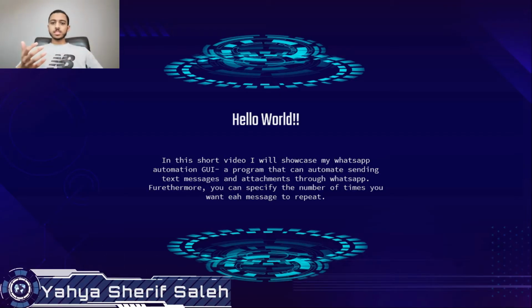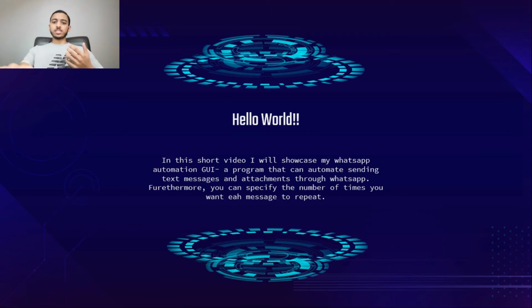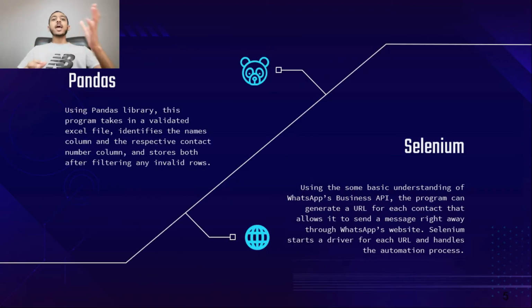I am Egyptian, and for my CS50's final project, I've implemented a GUI that automates the task of sending text messages or attachments through WhatsApp using many modules, amongst which is the pandas library, which takes in a validated Excel file, parses through it, and then identifies the contact numbers and the respective names and stores those after filtering